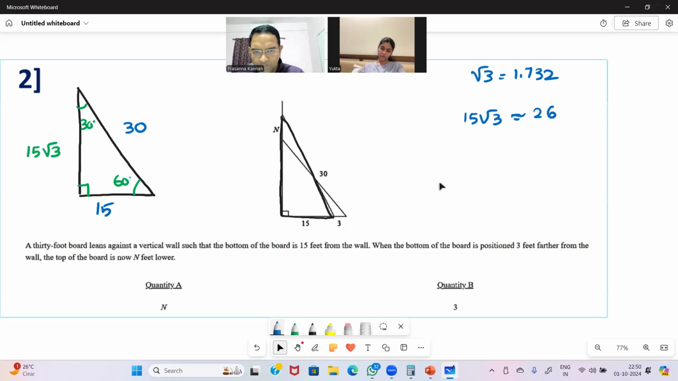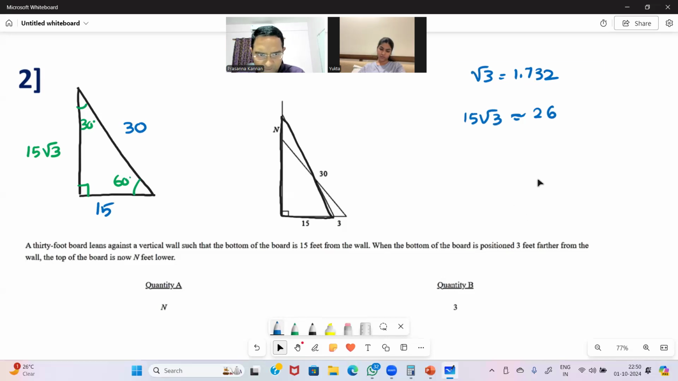Now let's look at the other case. Let me mark it with red. That I calculated to 24. You're getting 24, is it? Very good. So you can immediately say that height is 24, so n is nothing but the difference, right, Yukta? So that'll be 2. 2 is less than 3. Therefore, this is